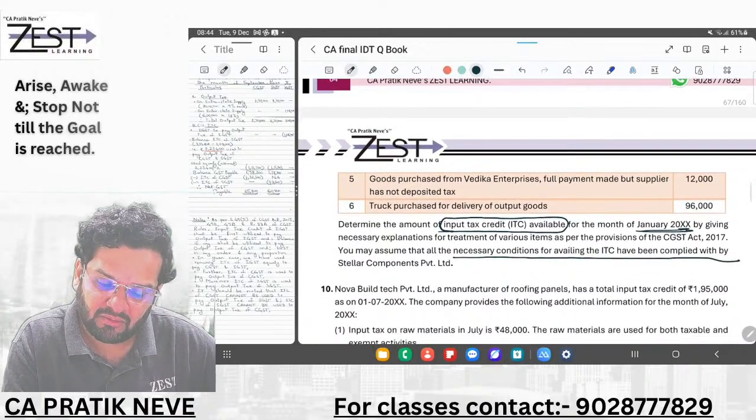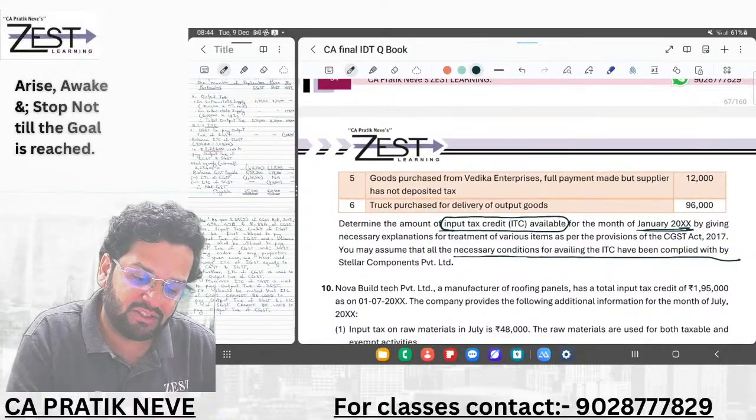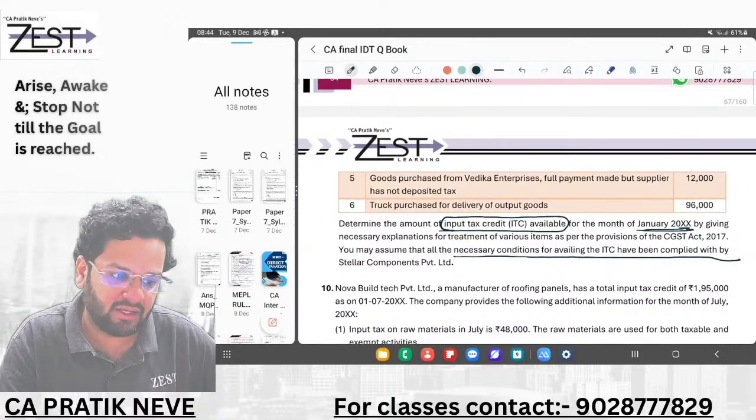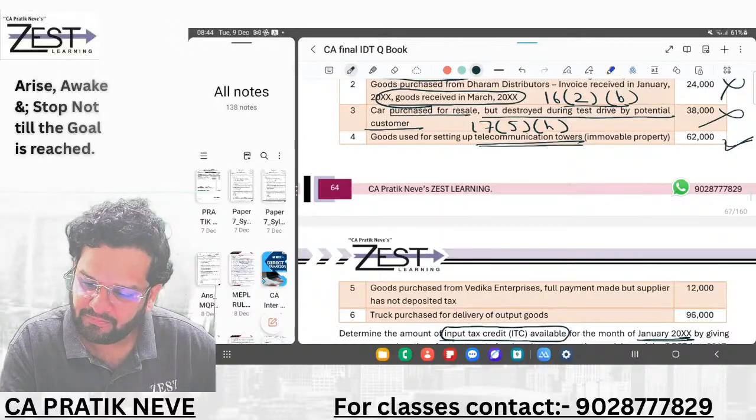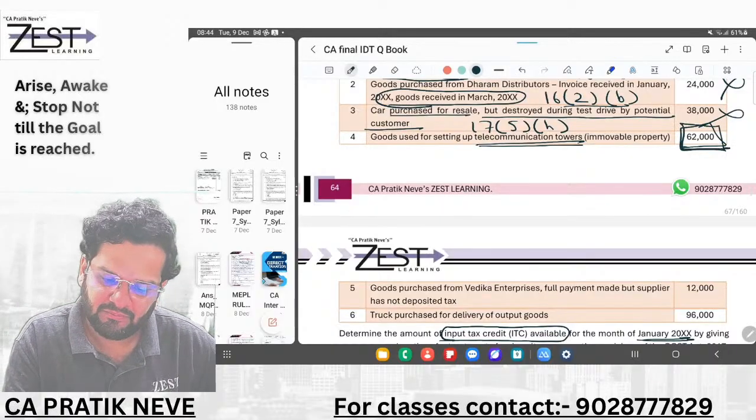Goods used for setting up a telecommunication tower, ITC will be allowed? Okay, but it is for a telecommunication tower. It is for immovable property. Think again about this. It is for immovable property, for a telecommunication tower. So it is